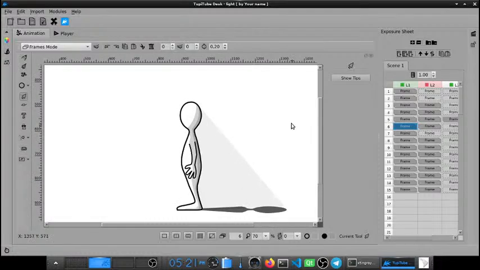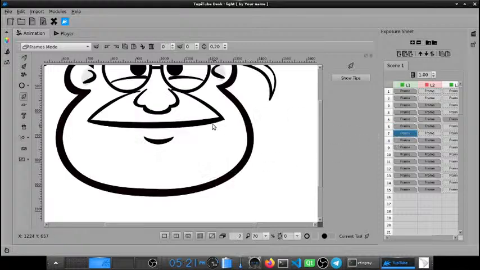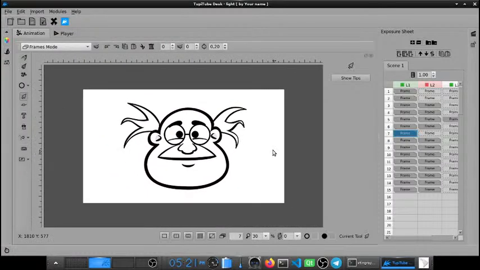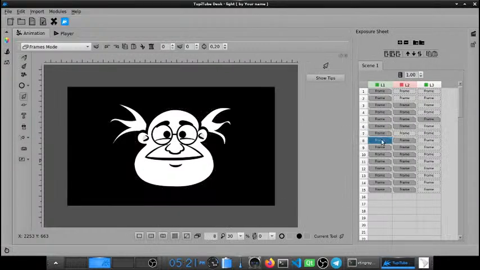absolutely. Okay, let's check another example of lighting. In this case, we're going to work a little with the face of a character. So I want you to check some details. And this is important. As you can see,